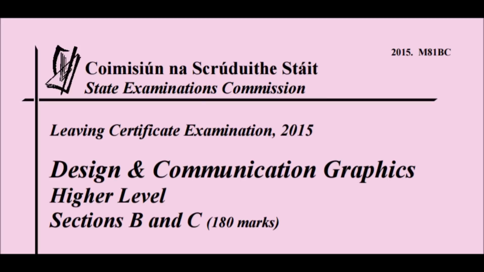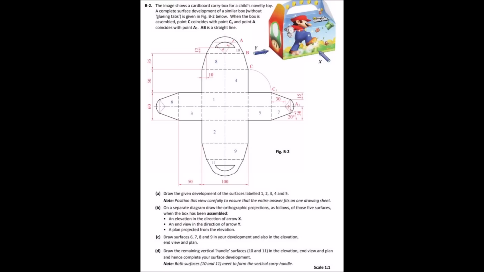So just to recap there, section B, my thoughts on it is that we might see axonometric, intersection of solids, and possibly an orthographic kind of projection system question. Now, technically, you could say the lunchbox or Happy Meal box last year with the Mario, the developments question, technically that's a projection system question. So that was there last year. So maybe I'm a bit off on that, but that's my opinion. Axonometric, intersection, possibly a projection system question.